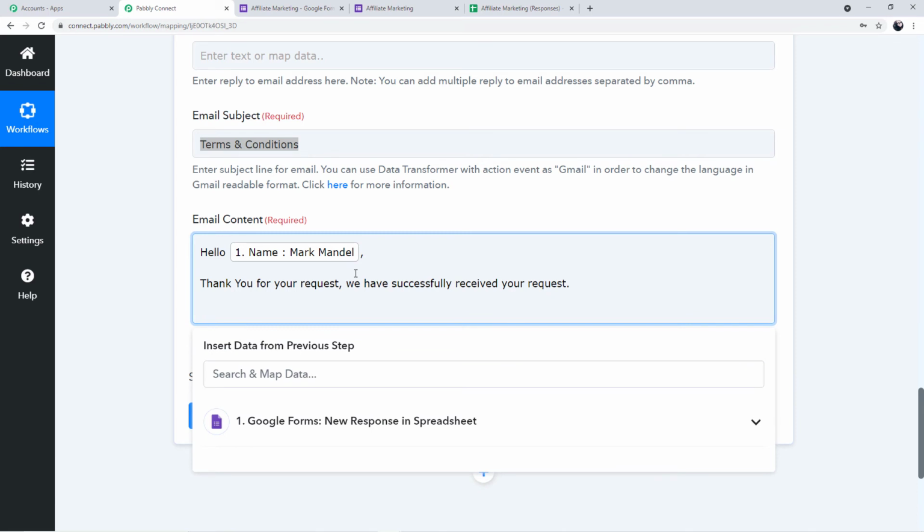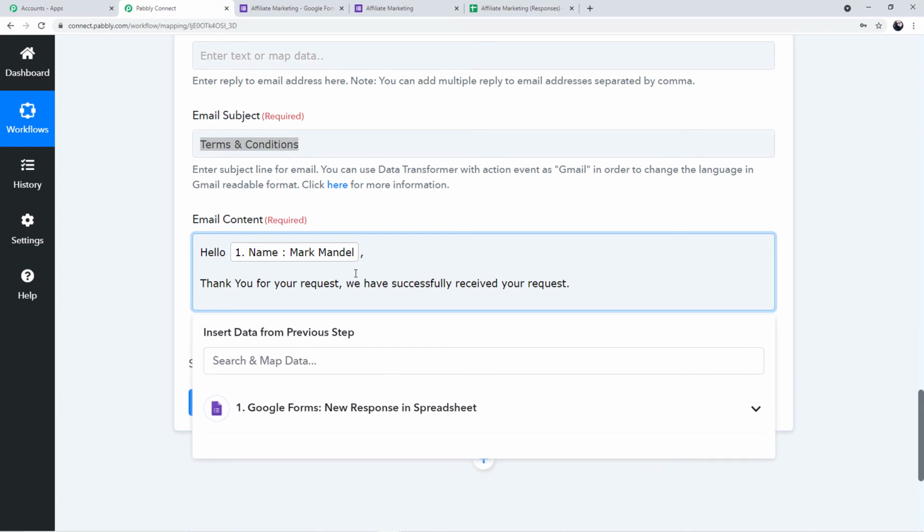Okay. And then here is the link of the PDF file of terms and conditions. Terms and conditions.